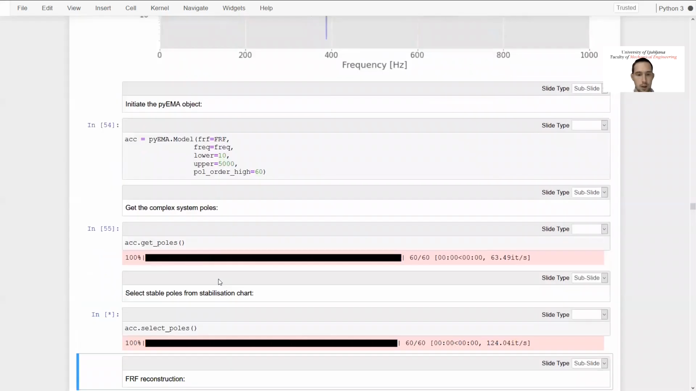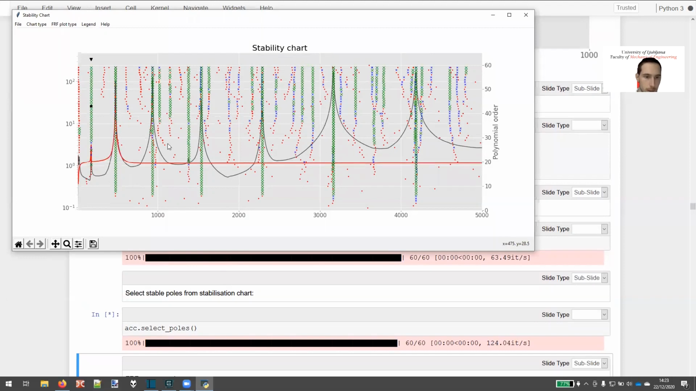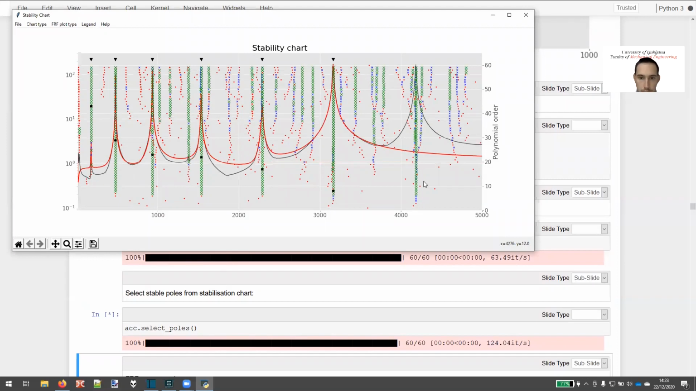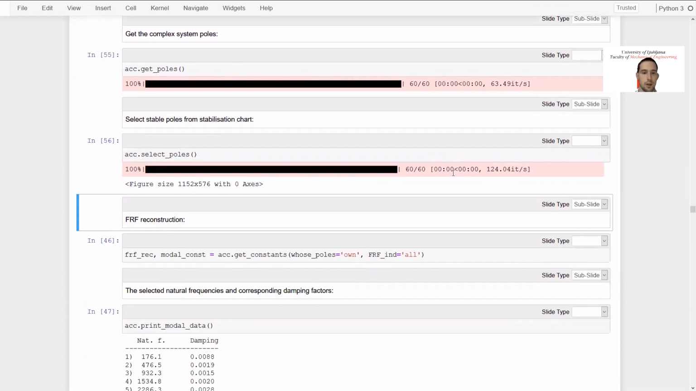So we have a stabilization chart that we can use to select the appropriate peaks, and you can see that we are also plotting a reconstruction of our FRFs in real time to do some on-the-fly validation of our stabilization. Using the identified values, we can reconstruct FRFs. So the actual poles that we've selected during stabilization are now saved in the EMA object, the acc object that we have here,